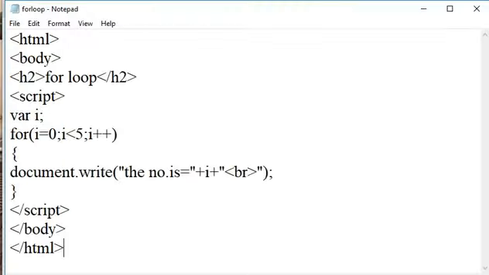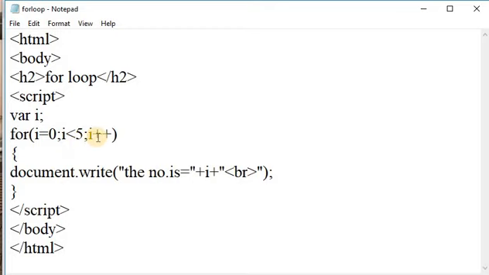In our program, i starts with the initial value 0. Due to i plus plus, it gets increased by 1, and repeats the document.write statement until it becomes 5, that is, while less than 5.